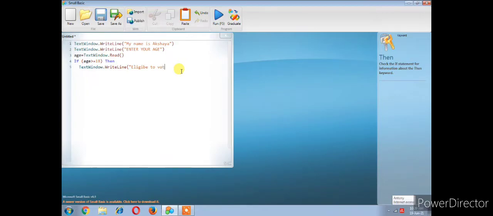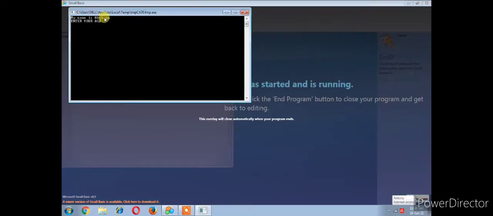So it is based on the condition. There are three types of conditional statements: if then statement, if then else statement, and if then else if statement.